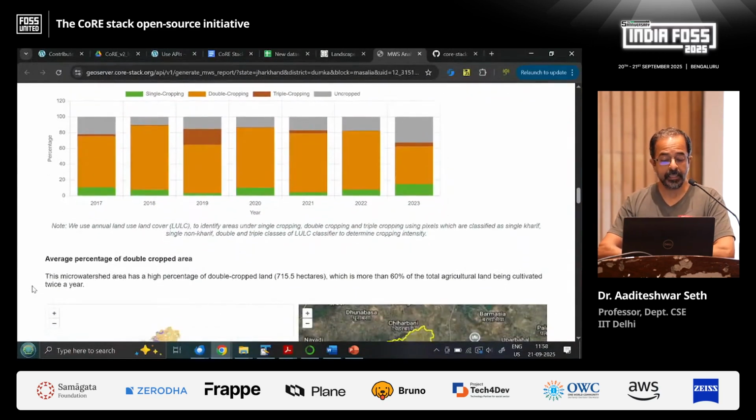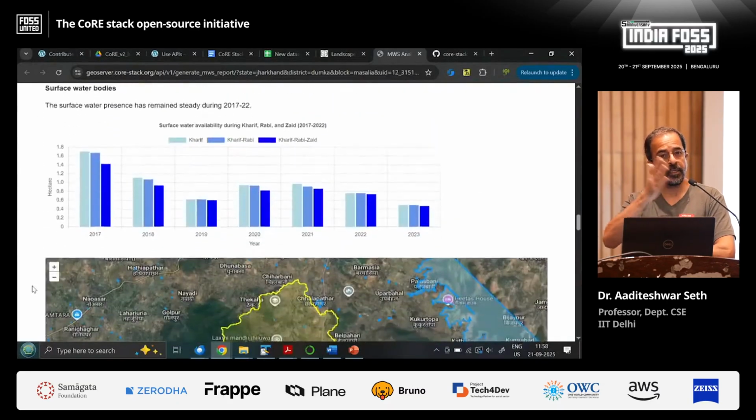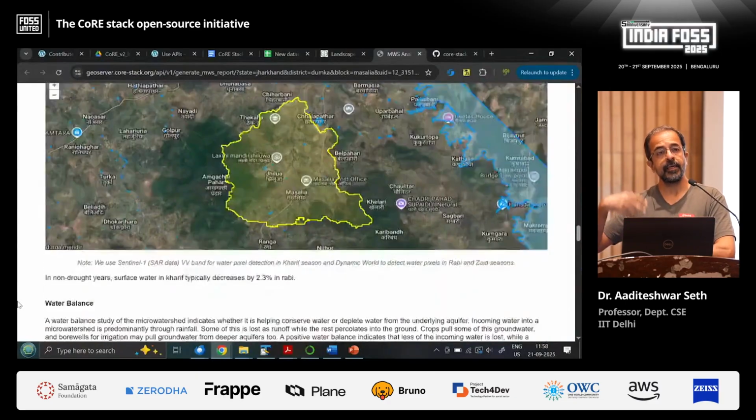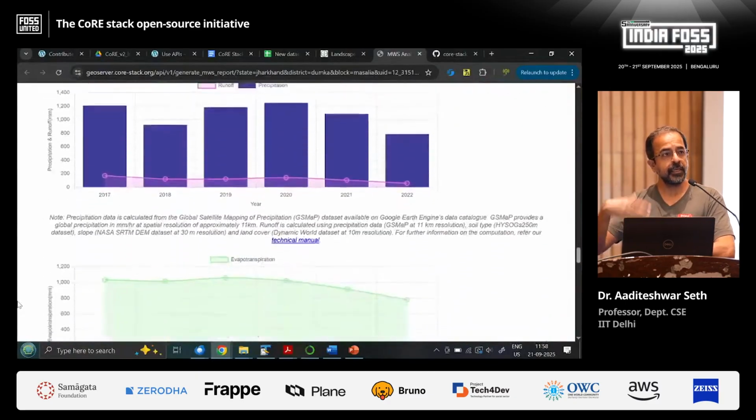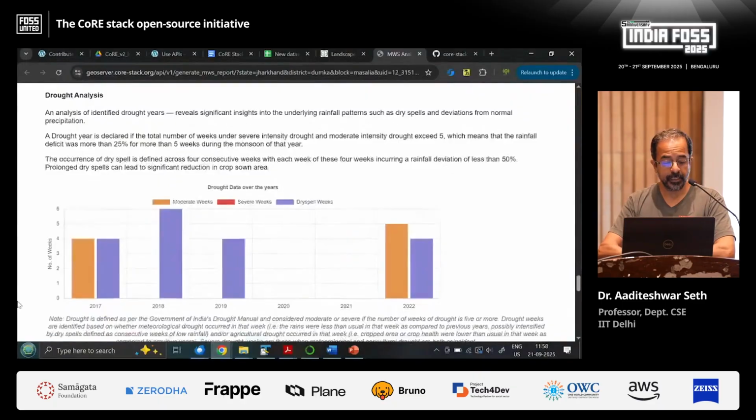Similarly cropping intensity: which areas are only able to plant one crop in a year or two crops, and is cropping increasing? All of these pipelines that we have, we generate the outputs year on year, and then each year we keep refreshing.